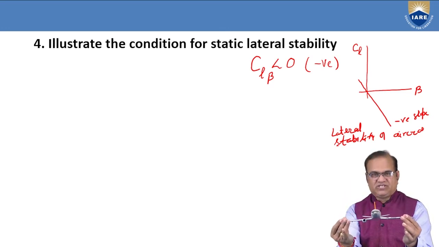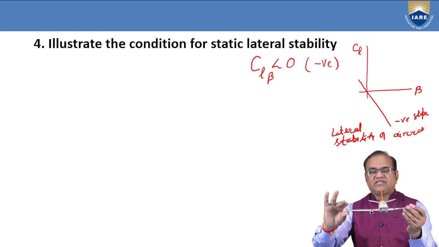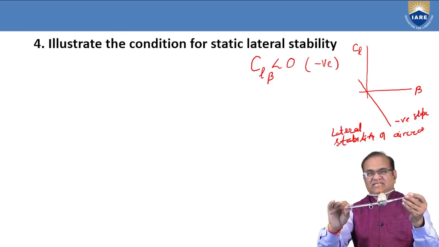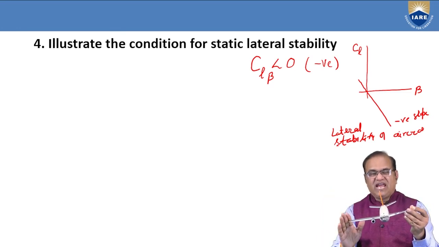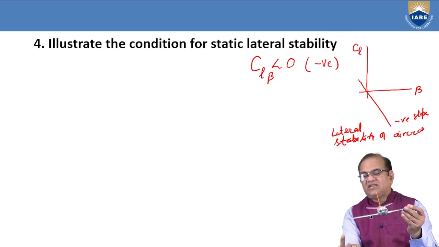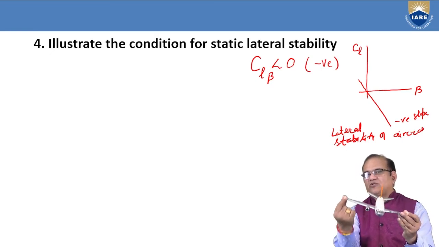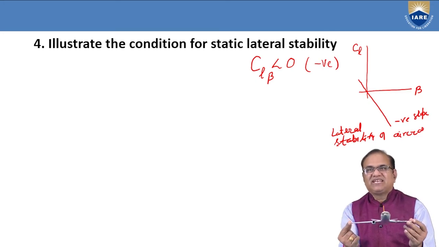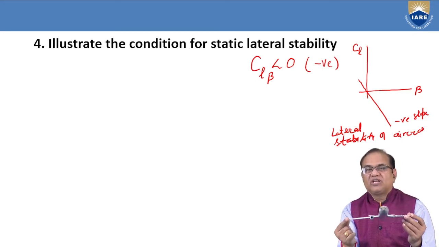illustration by the help of this aircraft. Again, I will say, aircraft is flying like this. Due to some gust, its right wing has gone down. This right wing going down will affect the lateral static stability. The relative wind will act upward and it will try to come to its equilibrium position. So this will generate a negative rolling moment.